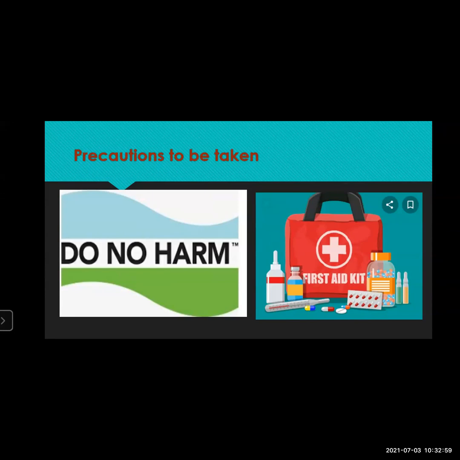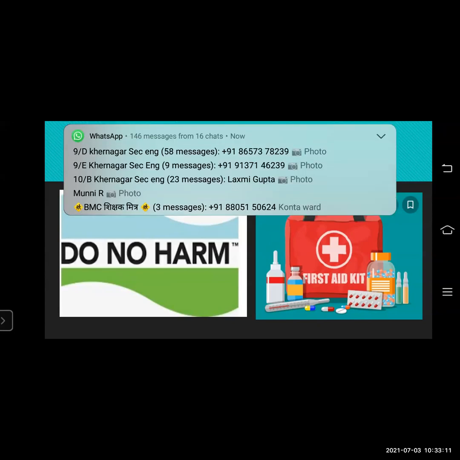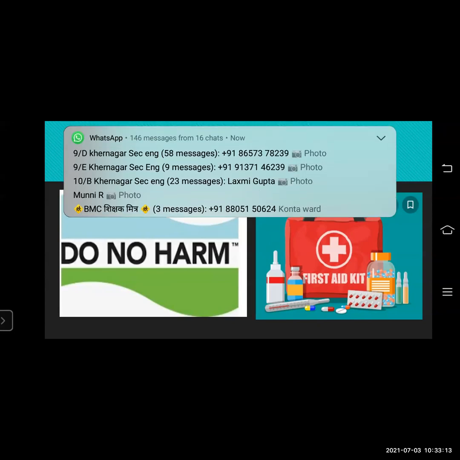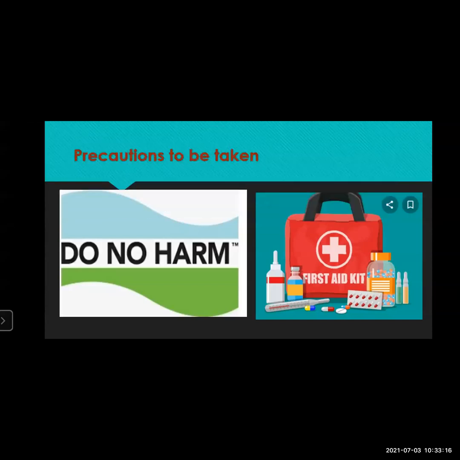Nobody cares what you write or what is written over there. Of course, the forts were not built by the students. Nobody will name that fort by the name written on the wall. So it is very, very important that you do not litter the place. You're not going to throw any wrappers, you're not going to harm the environment, and you're not going to write anything on the wall. So these are the precautions. It is there in your textbook, what precautions should be taken.